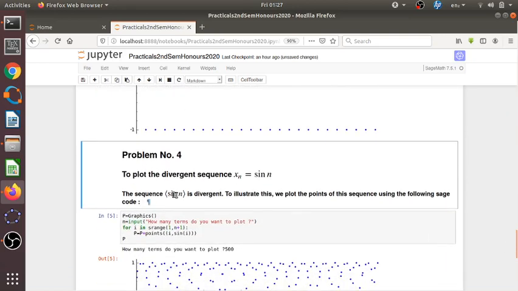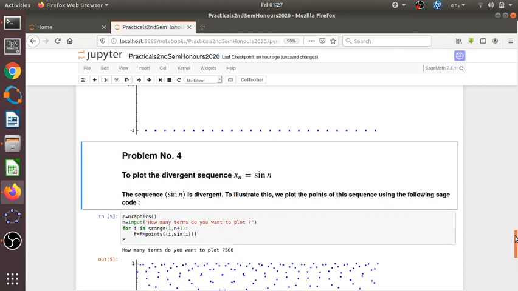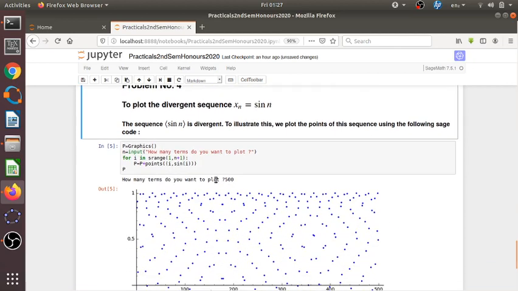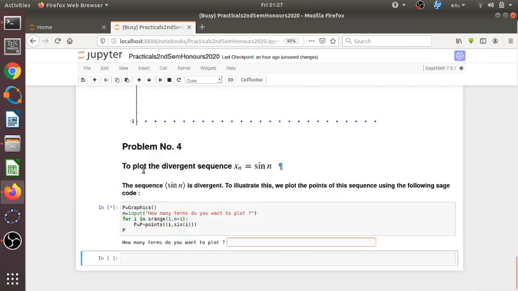Another problem that we'll do is to plot the divergent sequence x_n equal to sin n. Sin n is also a divergent sequence, but this is a very interesting diverging sequence. If you plot the points, you'll understand. To illustrate this, we plot the points of the sequence using the following Sage code. So p equal to empty graphics, n equal to input, how many terms do you want to plot. All are the same things. So p equal to p plus points (i, sin i). If you just run this, say I want to plot 50 points,